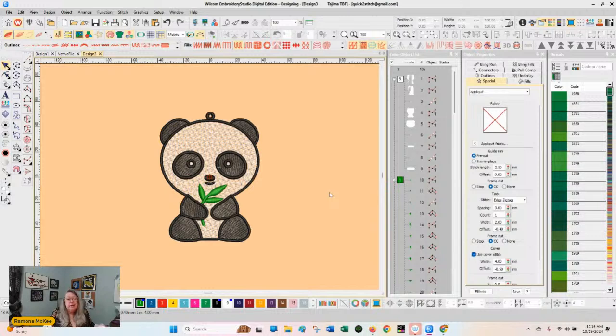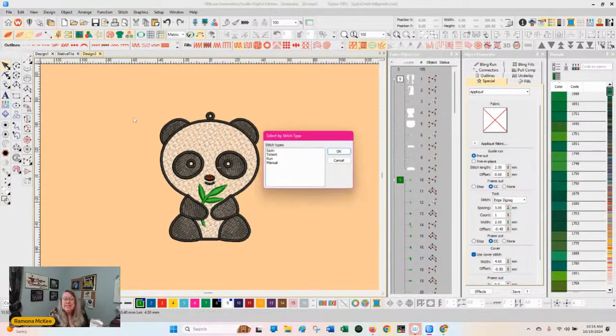But here's the thing. I don't want to edit those manual stitches. I want to see what's left over if I get rid of those manual stitches. Remember, the manual stitches, you have to edit one node at a time. That's ridiculous. So if I go up here to edit